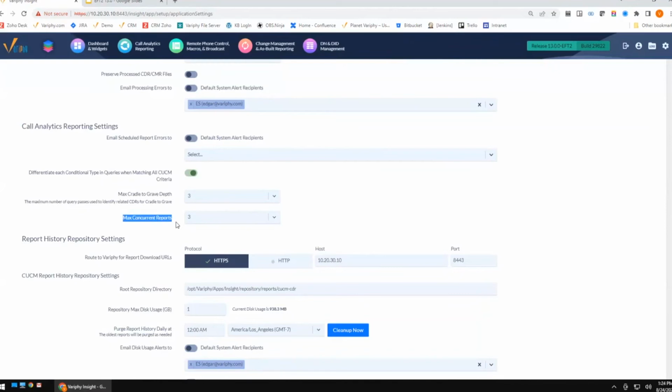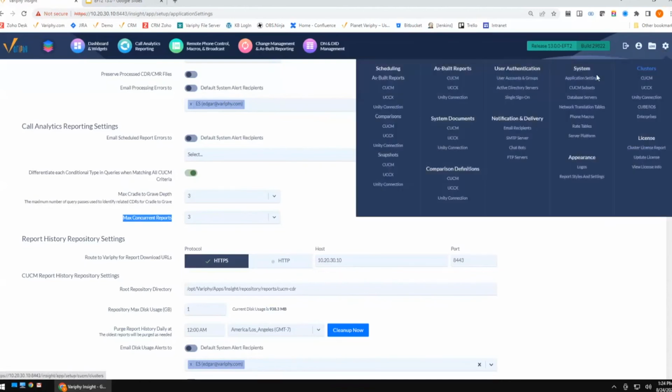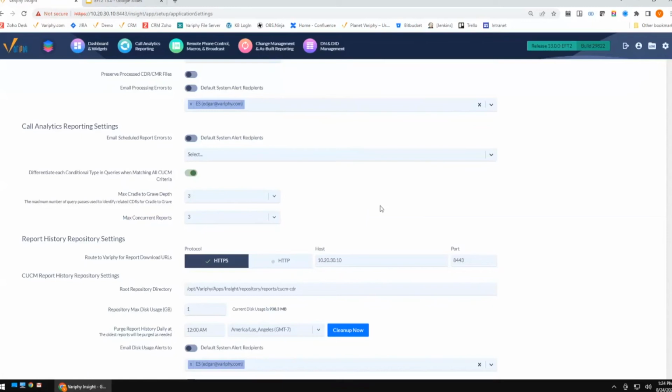This value is configurable, based on really your system size. Not everybody can handle 40 reports running at one time, but there's other customers out there that have the resources available to the Verify system to be able to run that. So this is not just a set it and forget it statistic. There may be some tweaking that needs to be done, but we did find that 3 concurrent calls pretty much fit most of our environments and still allowed everybody to get the reports in a timely manner. But if you do need to make some adjustments, right up over at the gear on the top right, pop over to your application settings, and you can adjust your maximum concurrent reports running at the same time.